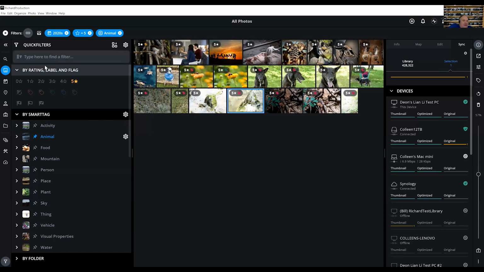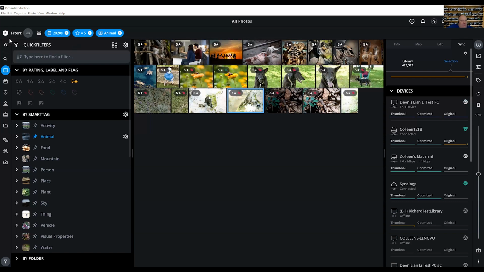Okay, so a filter is something that is persistent. Think of it as a view on your library, saying this: I have this particular workflow in mind. I want to continuously look at my library with this filter in mind. And as you browse through the library, you want to have that filter remain there. So, for example, if I'm working on just